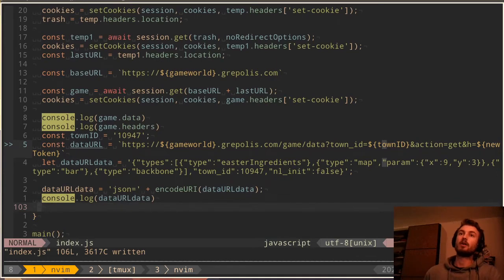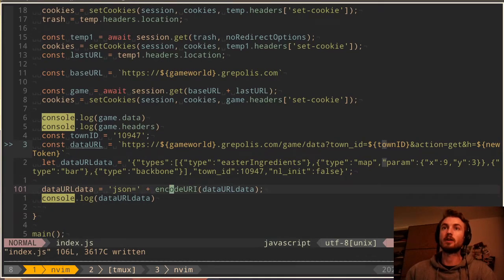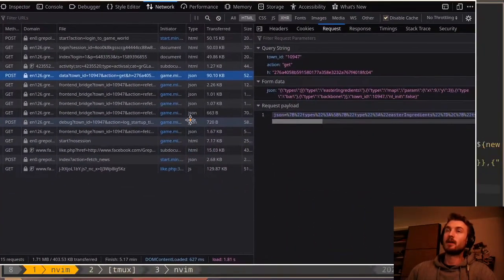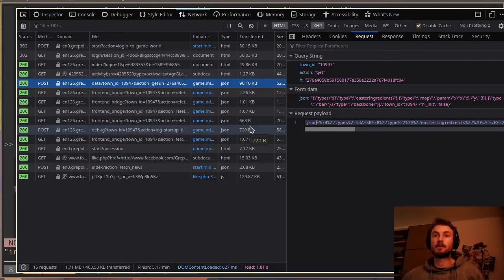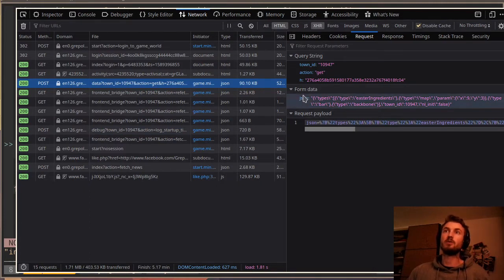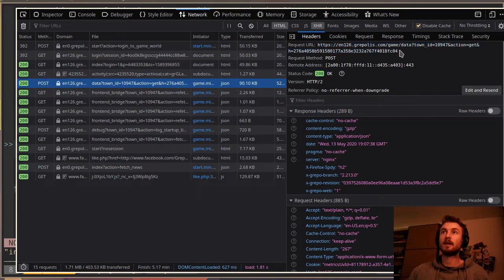By the way, why do I know that we have to encode URI this? This is because back in the days, if you wanted to send data to servers, there were no JSON payloads and stuff like this. So you had to send the data inside the URL here on top. All the data you wanted to send, you have to send it here on top, and the URL gets longer and longer, and there's a maximum amount of characters the URL could have. So back in the days there was not so much data sending around,